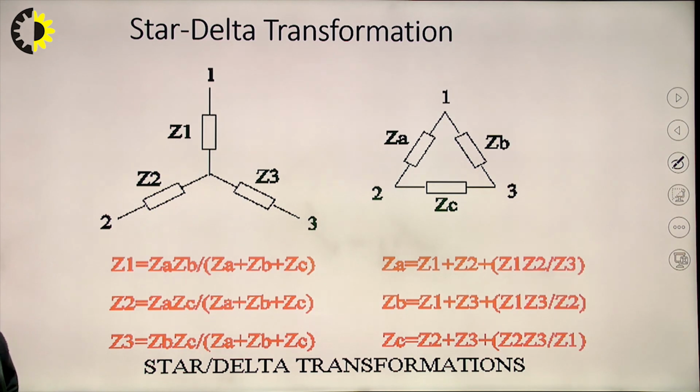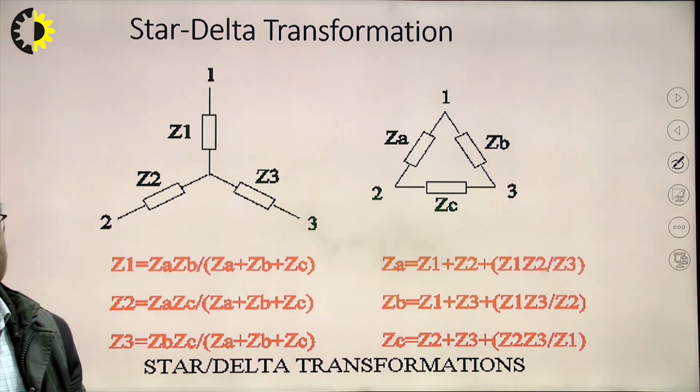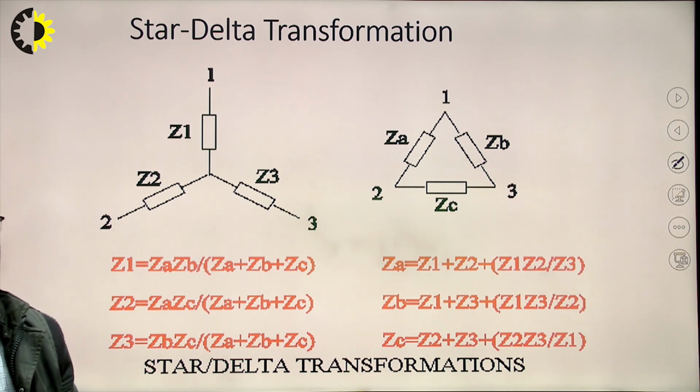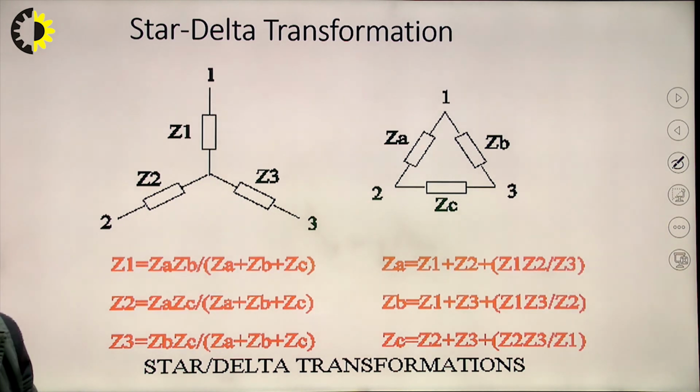Otherwise, we can solve the circuit with other methods also, like we can apply Kirchhoff's law or series parallel reduction to the circuit, but in case of a complicated circuit, it is not so easily possible to apply Kirchhoff's law or series parallel reduction all the time. So, that time we take the help of this transformation or conversion from star to delta or delta to star, and this is done for simplifying the circuit and then finally to solve the circuit with the help of it.